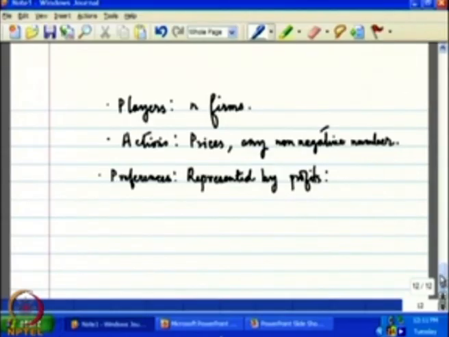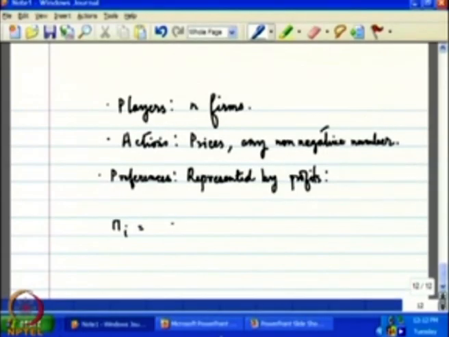So, suppose firm I, I am talking about firm I, any representative firm. The profit of firm I is given by price, P multiplied by Q, minus cost, that is the first principle. But if I charge a price of P, then what is the quantity that I get? This is given by the demand function,